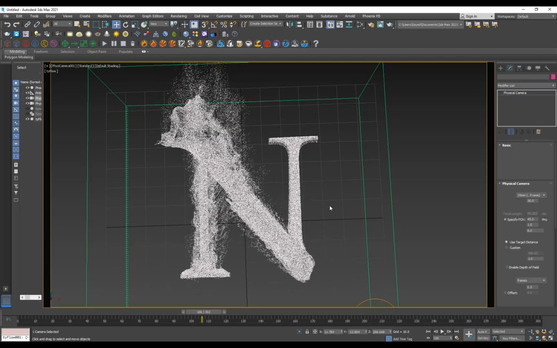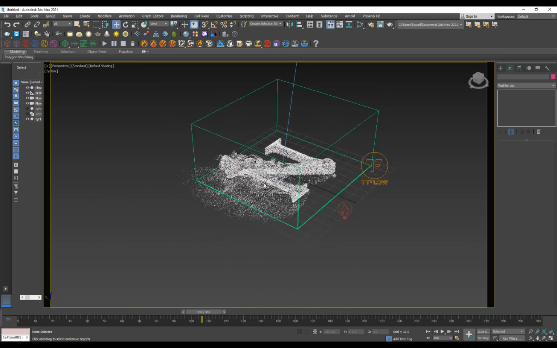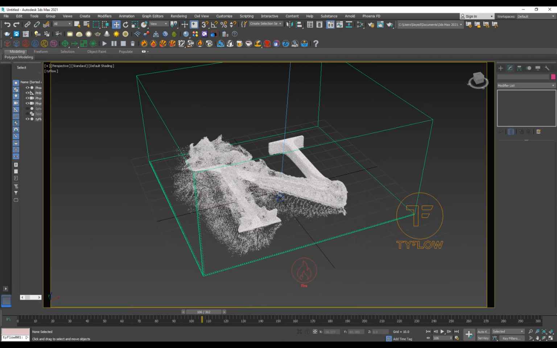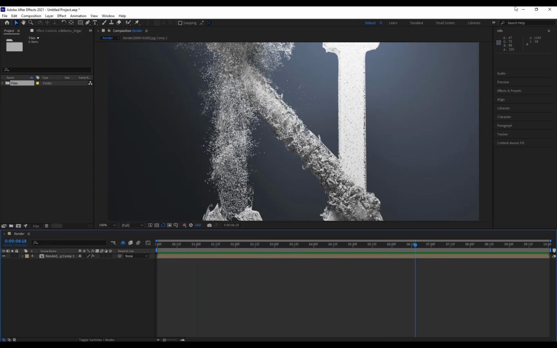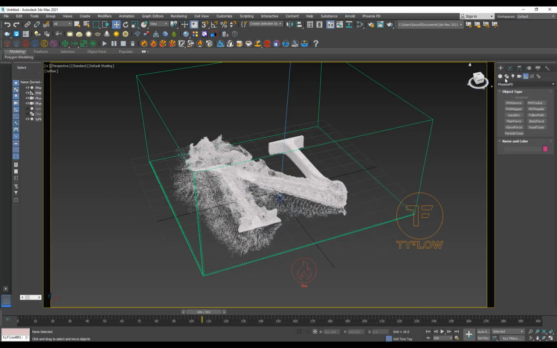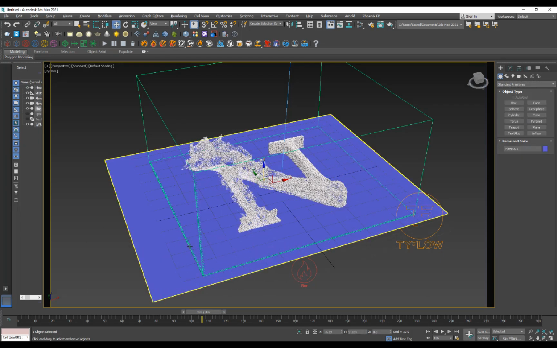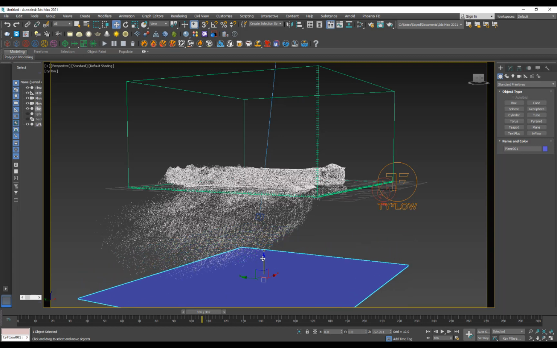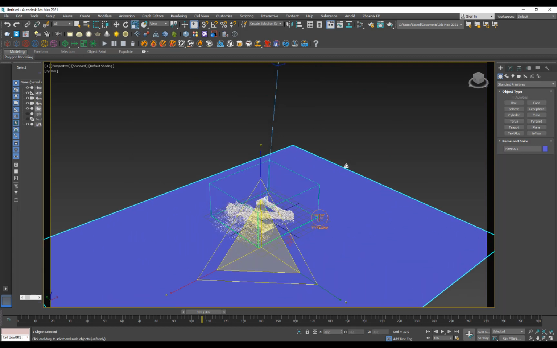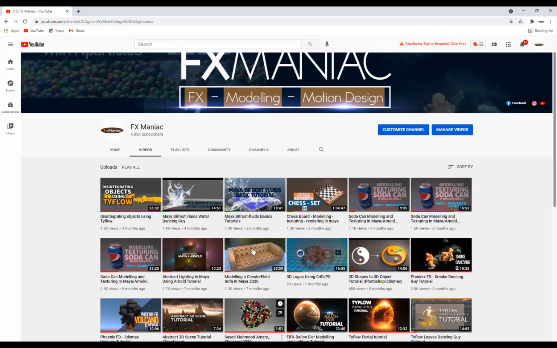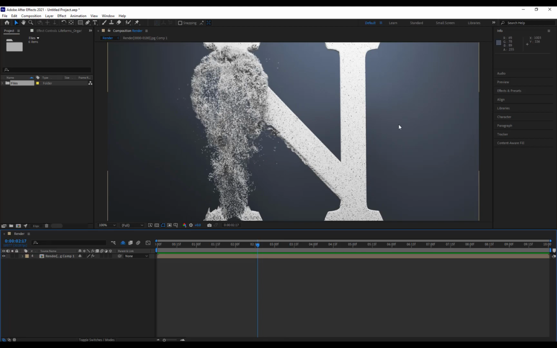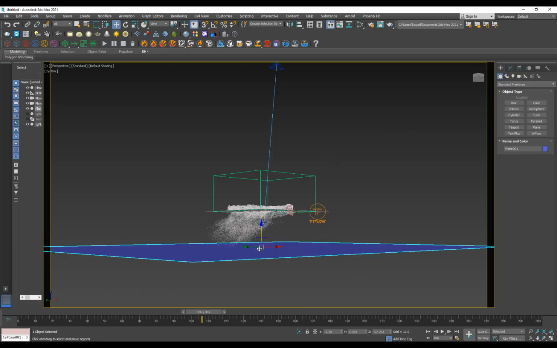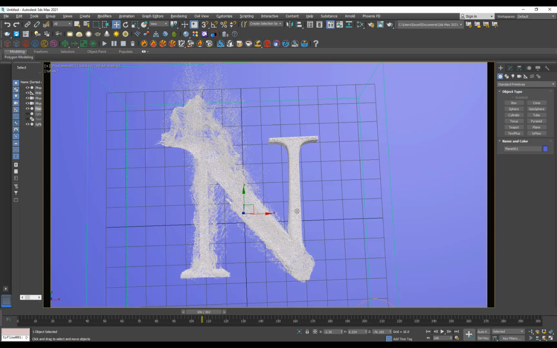So now I'm just going to show you guys how to render this. So Control C, create a camera off of this, and then hit P again to go and see it from a different angle. So in this example, as you can see, we got this little background, which is pretty nice. So I did create a plane, and I just moved it really far away because I don't want the background to be seen too much, and I don't want the particles to cast a shadow onto the backdrop. I just want it to seem like a general sort of faded background. So I'm just going to move it back, go back to the camera view,